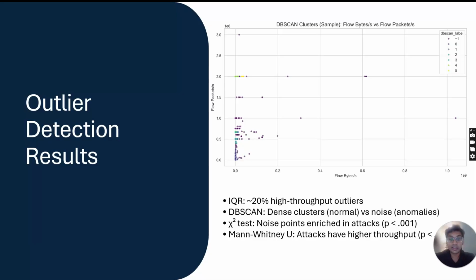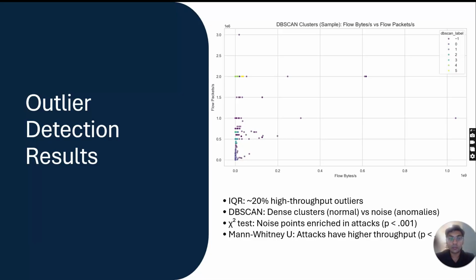When DBSCAN is applied to a standardized 20,000-flow sample, the algorithm forms dense clusters corresponding to low-rate background traffic and labels high-rate sparse flows as noise, which is expected behavior for outlying points in the density-based clustering framework. To connect these unsupervised results with ground truth,